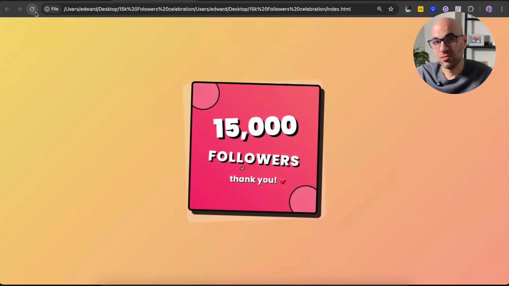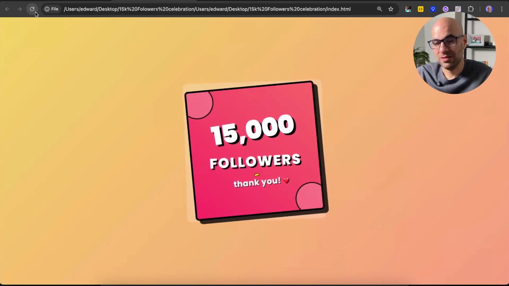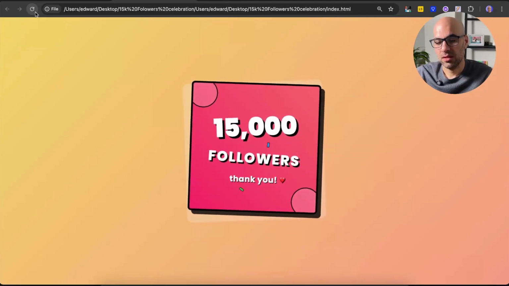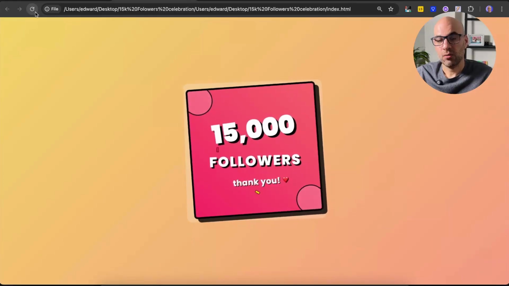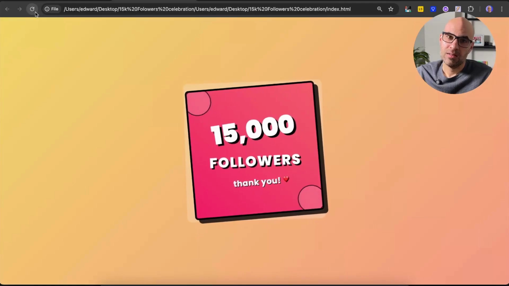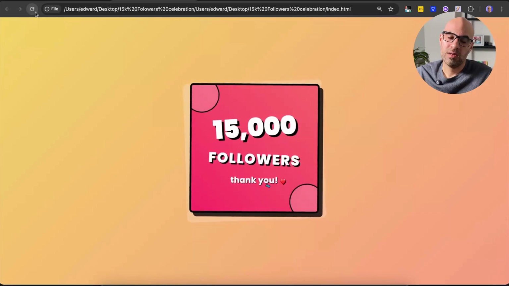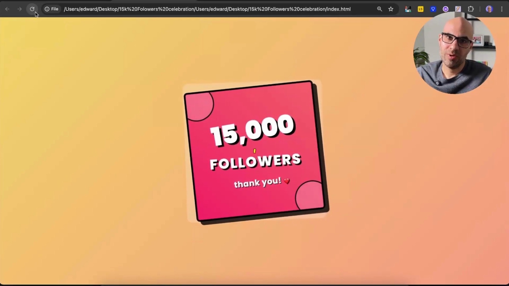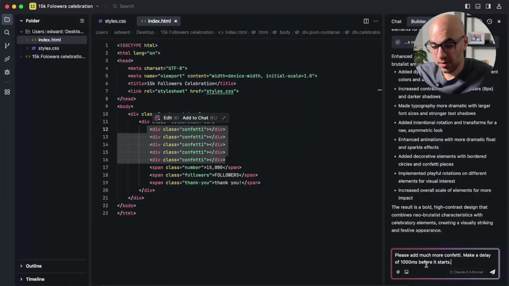To be honest, my natural tendency is to go with minimal design. And for me to design Neo-Brutalism, on things that are more wild, it's difficult, although I like Neo-Brutalism very much. For me, it's wow. I want to add a little bit more here. I will ask it to add more confetti to the post, with an animation that appears after 1000 milliseconds. I have here the prompt: please add much more confetti, make a delay of 1000 milliseconds before it